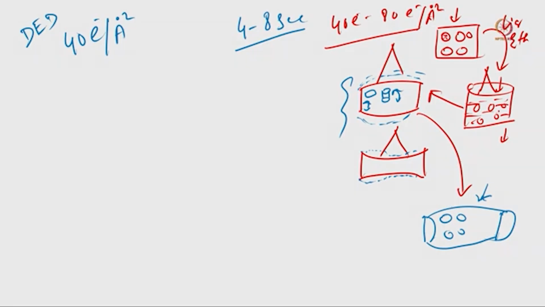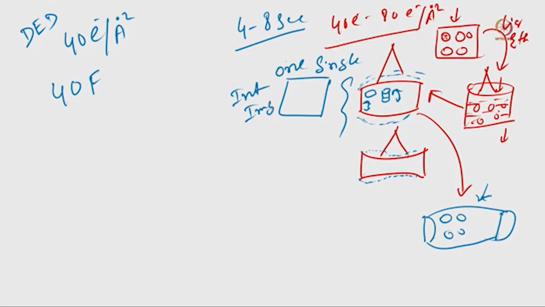So here I will say, okay, the total electron dose is 40 electrons and I am collecting 40 frames. So not one single integrated image, no. This is one single integrated image. For CCD we are collecting this kind of image, but for Cryo-EM purposes,